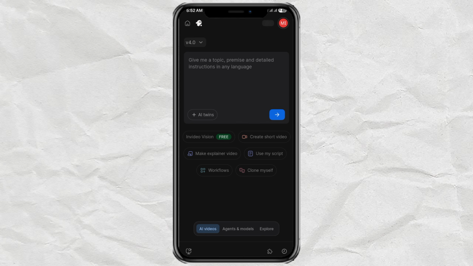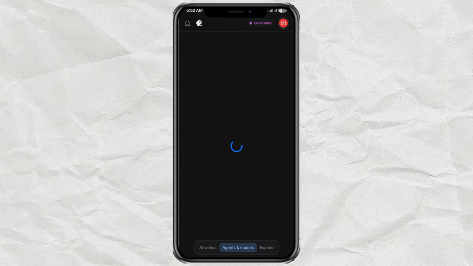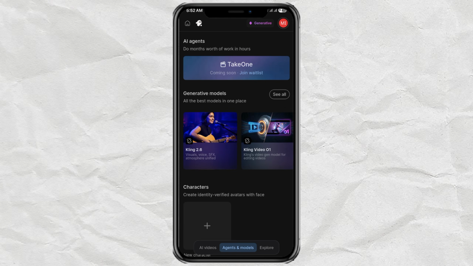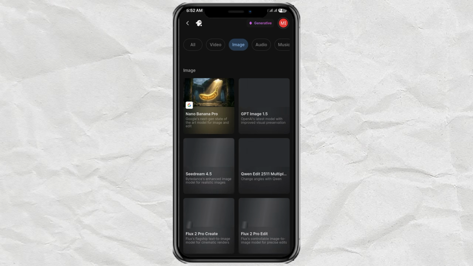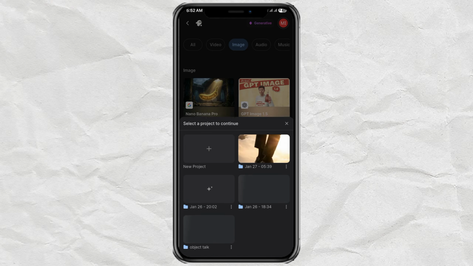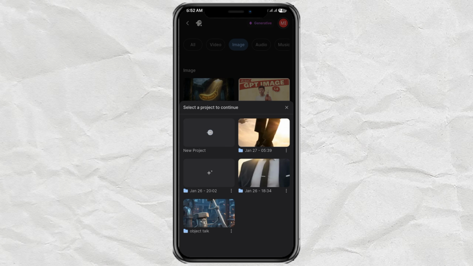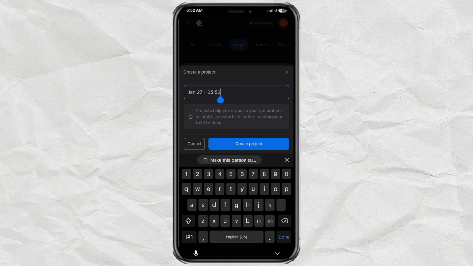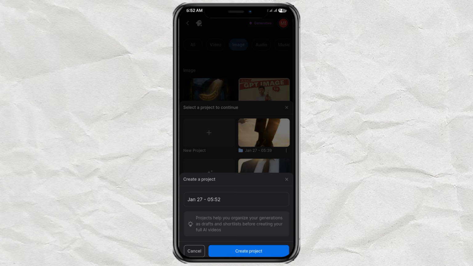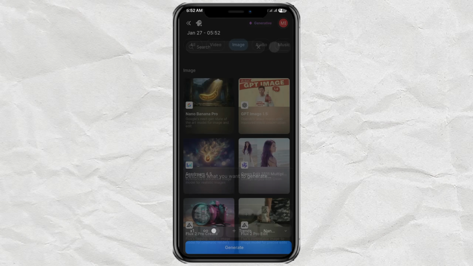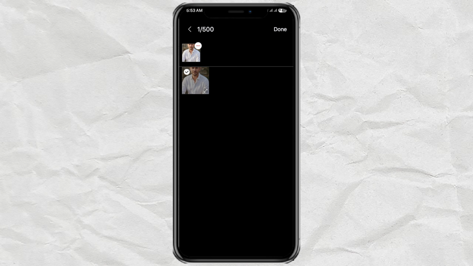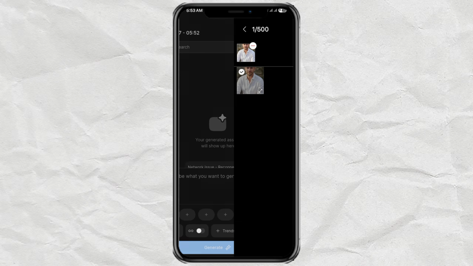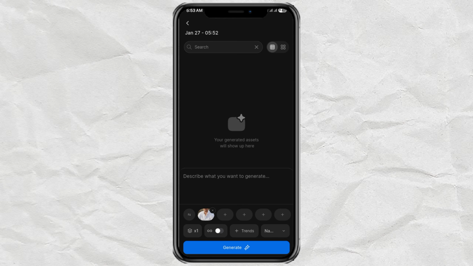After logging in, go to Agents and Models. Tap See All under Generative Models and choose Image. Select Nano Banana Pro, then create a new project. Upload your photo, paste the prompt,